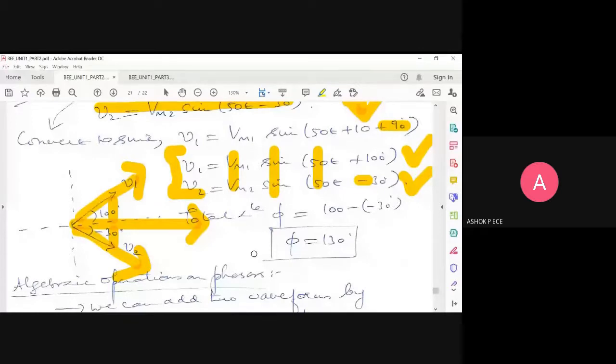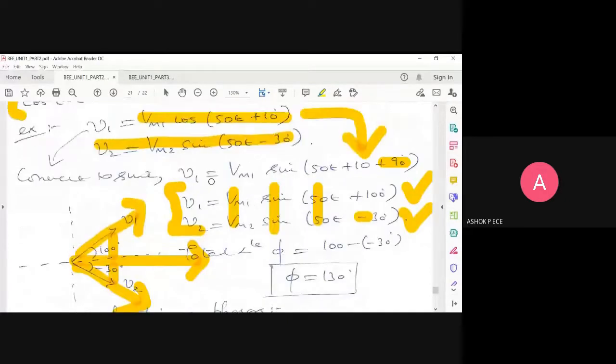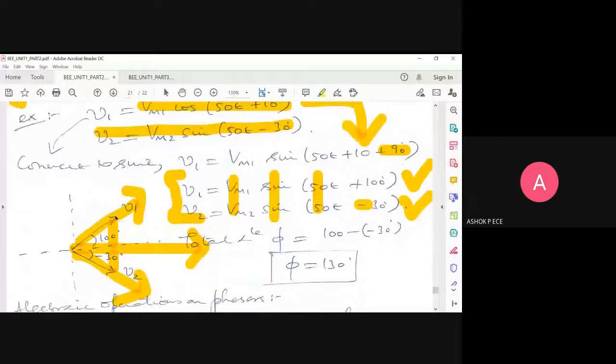Sir, we have VM1 and VM2. They are of different amplitude, no, sir? Yes, they are the peak amplitude of your signal. Assuming they are positive, we are going forward with the drawing of the phasor. They need not be the same. I have just considered an example. Whatever amplitude you put, this arrow tip you write as VM1, and this arrow tip is VM2. That is the peak value. This vector fully represents your V1, and this fully represents your vector V2 along with the angle.